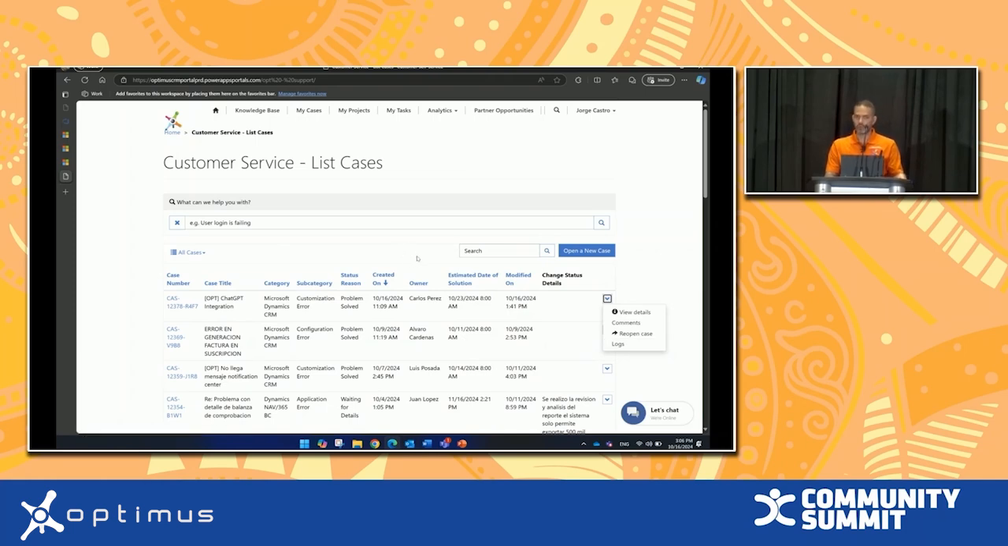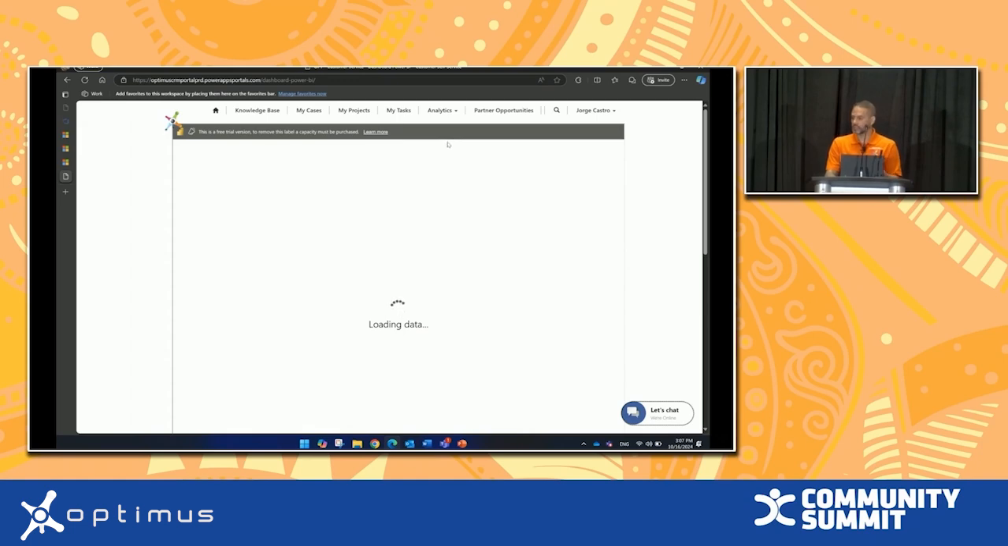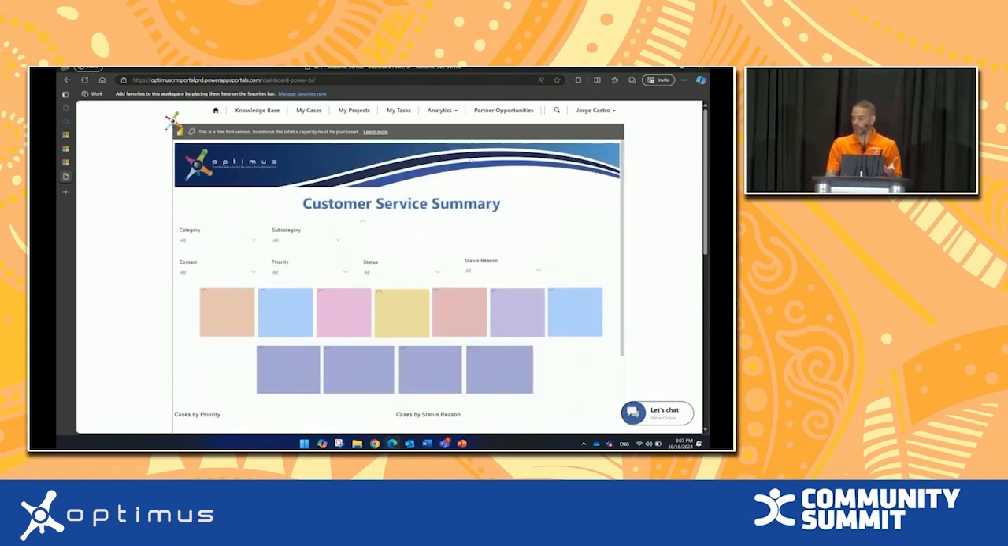Additionally, if we are running a project with that specific customer, they could come here, open My Projects, and see the progress of the projects and what the specific tasks are in those projects. We have an analytics functionality here, so you could see a dashboard in Power BI showing you how you are in terms of cases and in terms of projects. So for the customers, it's a really good way to keep informed about what is happening with their cases or their